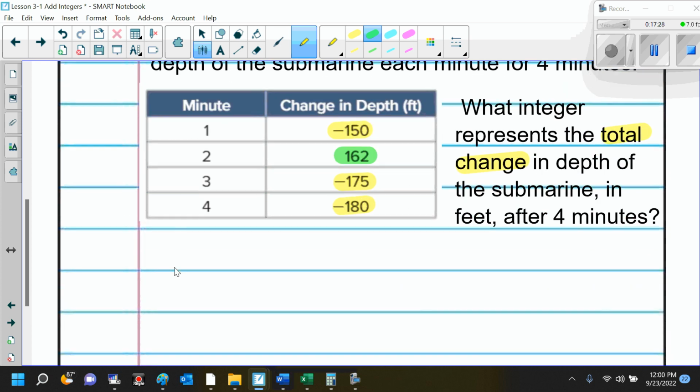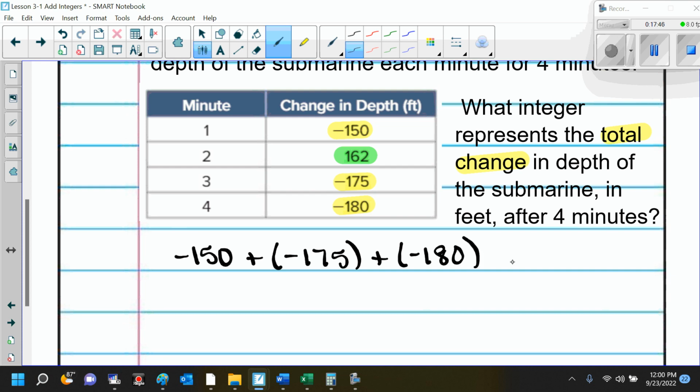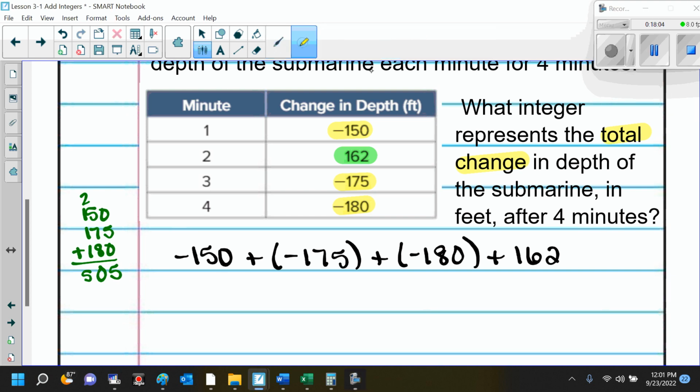So we're going to write this horizontally, okay? So we've got a negative 150 plus a negative 175 plus a negative 180 plus the positive 162. What do I do with all those negatives? You just add them all together. So I'm going to do some scratch paper work on the side. So here, when we put all of these negatives together, when we add them all together, we just add the digits and keep the same sign, we end up with a negative 505. So this together is negative 505 plus